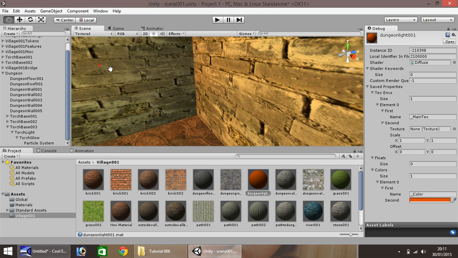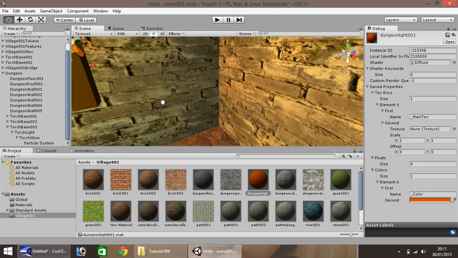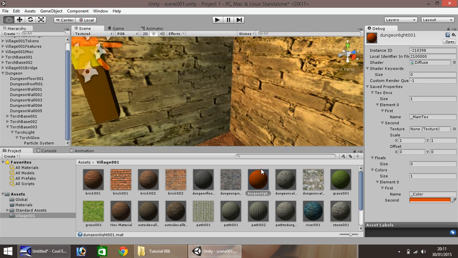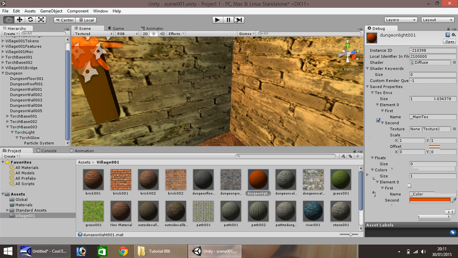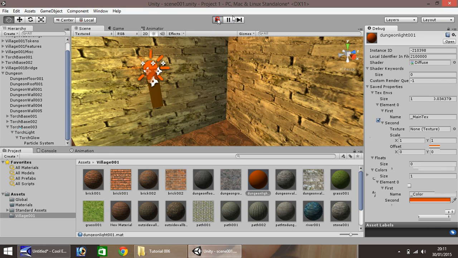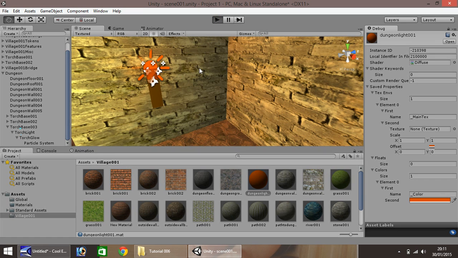And then we will simply just apply our new material onto it. We can get to it. So we'll drag it onto here. There we go. So if we play our game now,